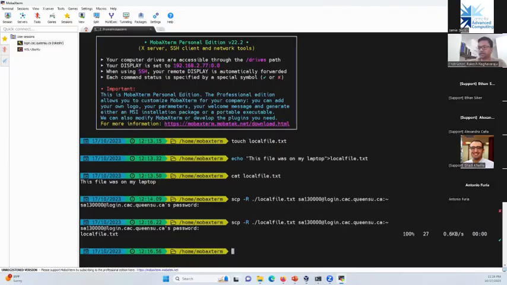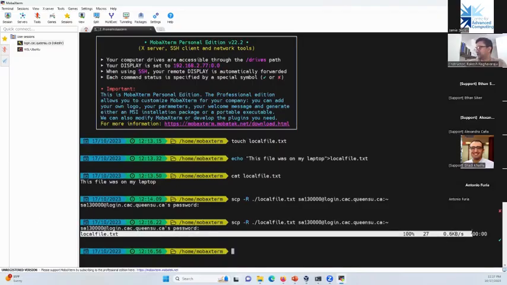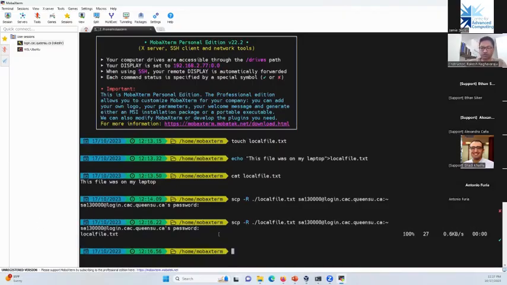So you can see that after entering the password, it shows you the progress of the upload. Because it's a very small file, it took less than a second to do it. But if you are uploading a gigabyte of file, this would take some time because it's going over the internet to load it. So when I log in to the cluster,